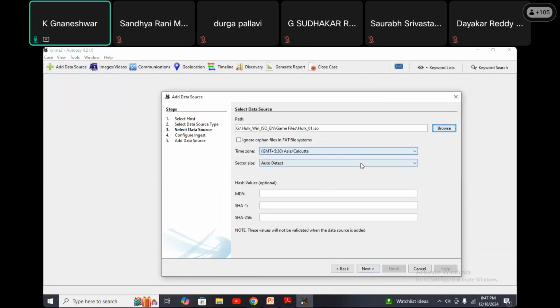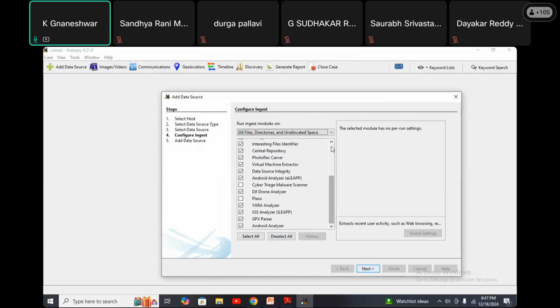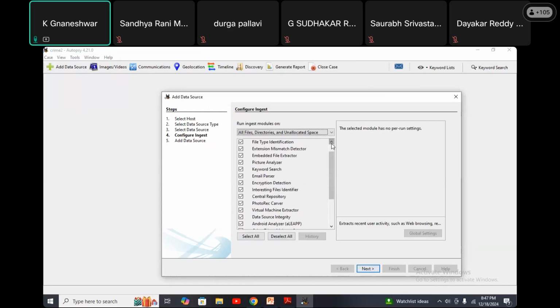Check this time for auto detect. If it is auto detect, automatically it will collect. Otherwise, select one specific algorithm. Now click on next. Now don't change anything here. If you want to change it, it is your wish, not mandatory. Select all, so that we can capture clear, total information. We can select all these features. There are so many features, and every feature will give some clear information. Not all are needed, but first, to recover the data, that is important. Click on next.